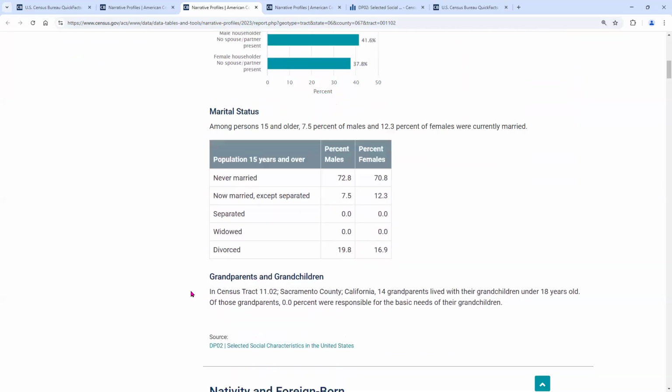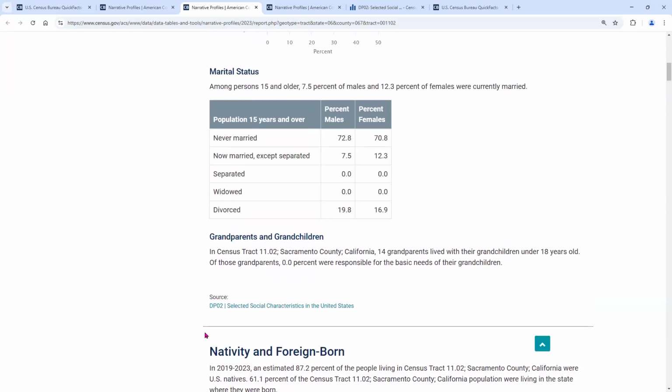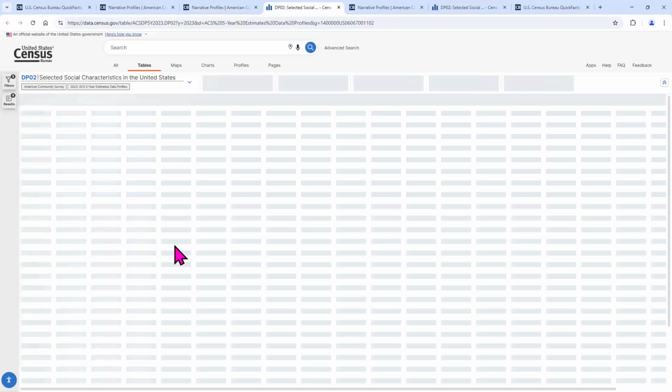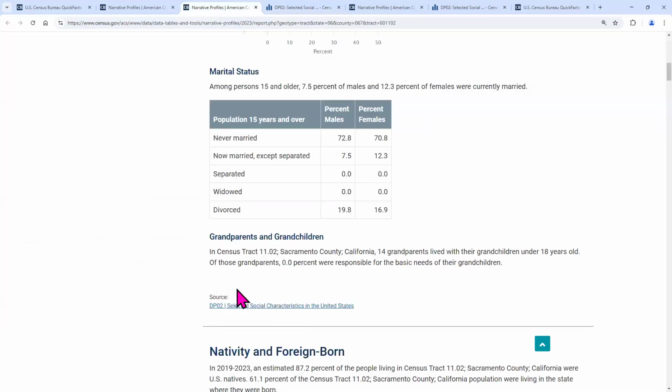However, if you're looking for the specific marital status, there is a source that you can see and it links to data.census.gov. Once you open that, as I mentioned, from here you can download the entire table by just clicking on Excel or CSV. Then you should be able to download the entire data set corresponding to the link that you clicked on.